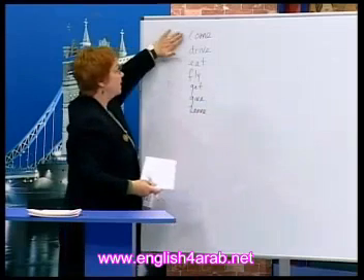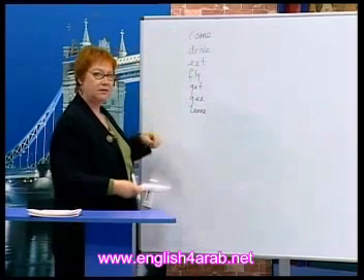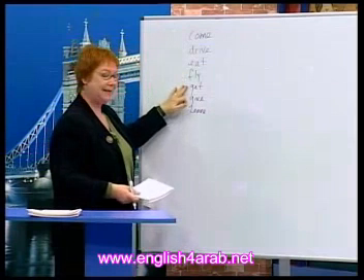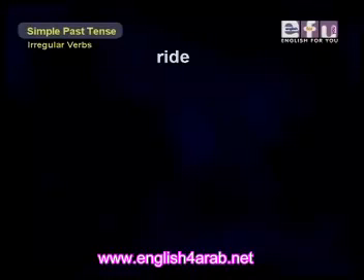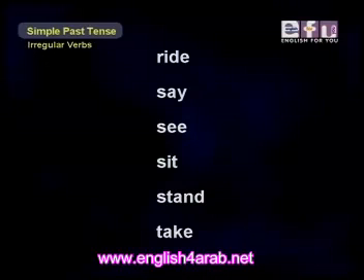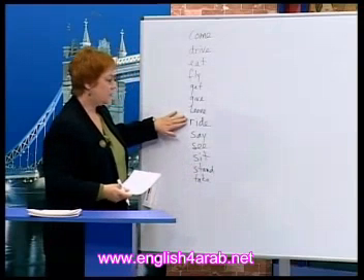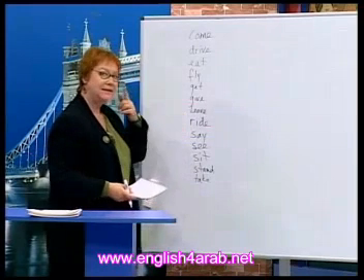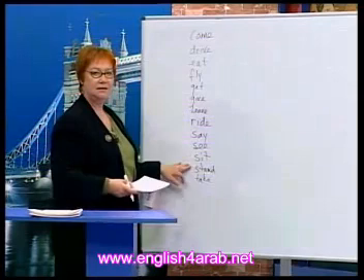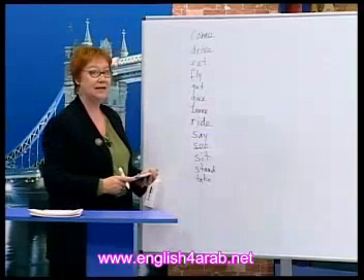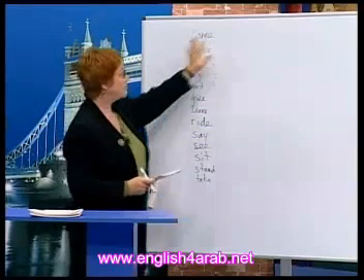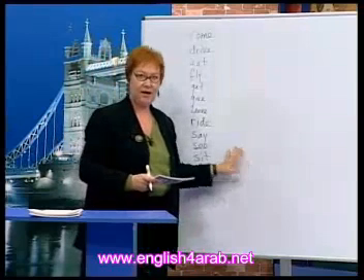Okay, this is the first group. Come, drive, eat, fly, get, give, and leave. Okay, here's the next group. Ride, say, see, sit, stand, and take. So this group is ride, say, see, sit, stand, and take. Okay? Now, let's look at the past tense of these verbs. Okay? First I'll write them on the board, and then you'll look at the screen and we'll look at some